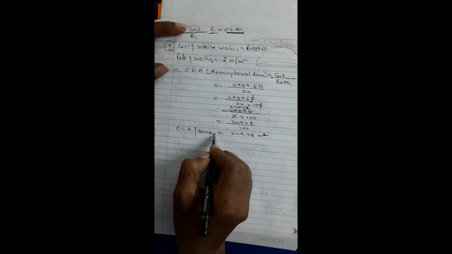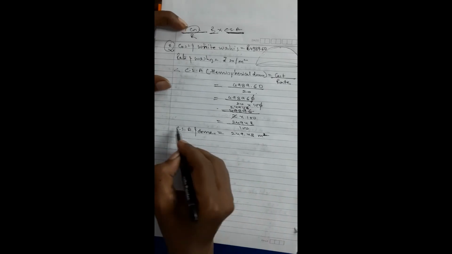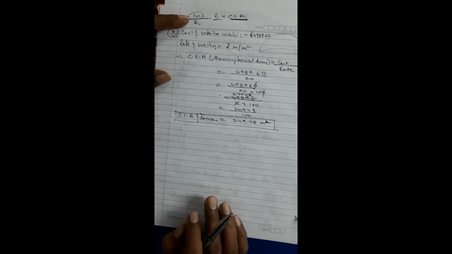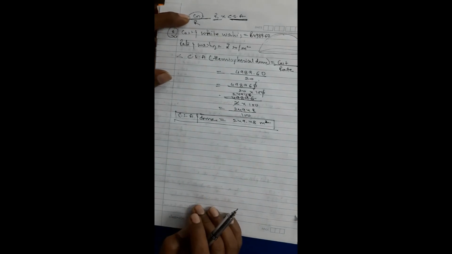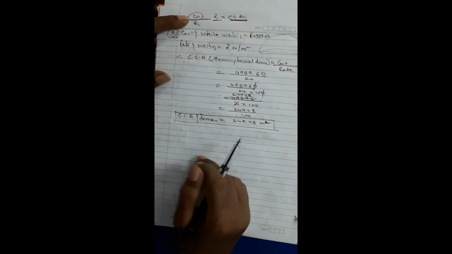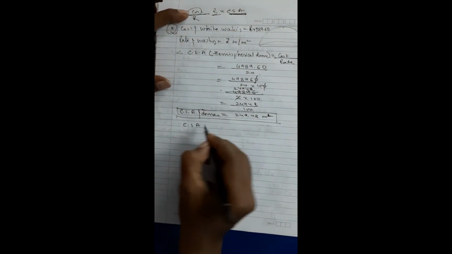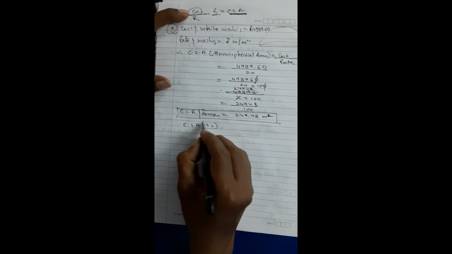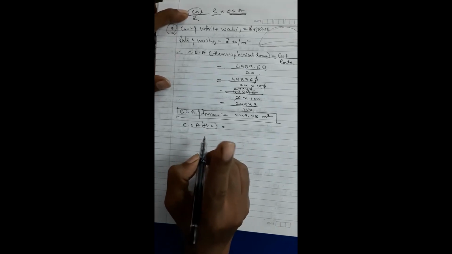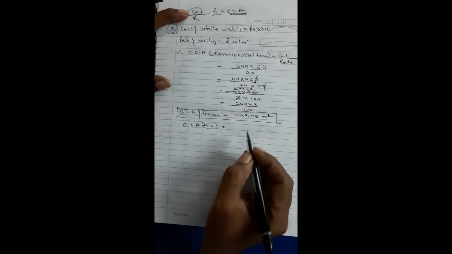This much will be the curved surface area of the dome. I hope it is right. Now what they have asked: find the volume of the air inside the dome. To find the volume of the air inside the dome, 2 upon 3 pi r cube, I will require the radius. Now the curved surface area by formula, the curved surface area is half of 4 pi r square, that is 2 pi r square.